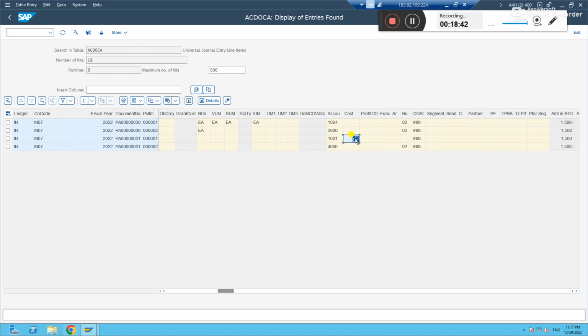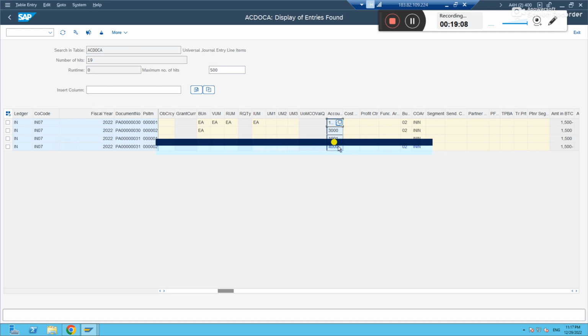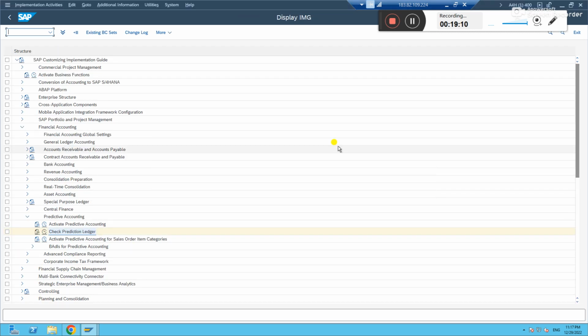This is my accounts receivable, the reconciliation GL account. So customer is debit. That is the reason this reconciliation GL has been hit, and this is my sales GL account 4000. So likewise, the system has predicted, and the minute I created a sales order, the system has posted these predictive accounting entries. Now let's go and see the open items in these ledgers and let's see whether we have the entry or not. Let's go to